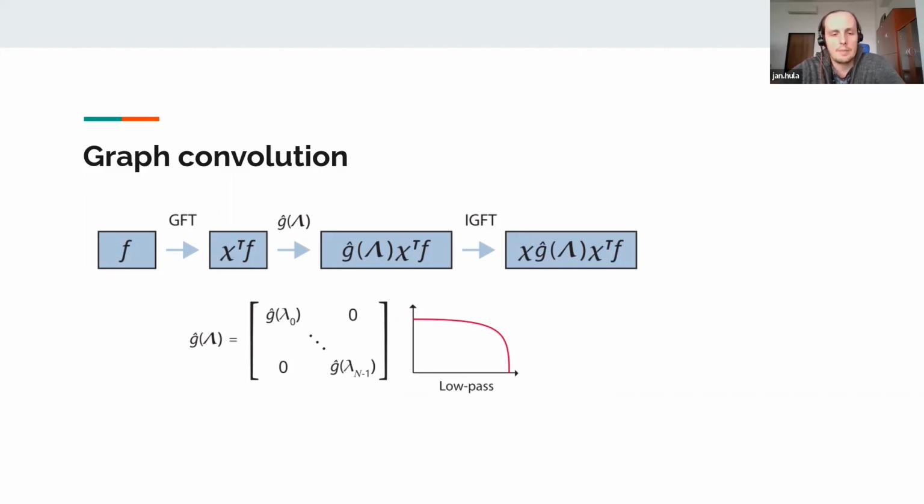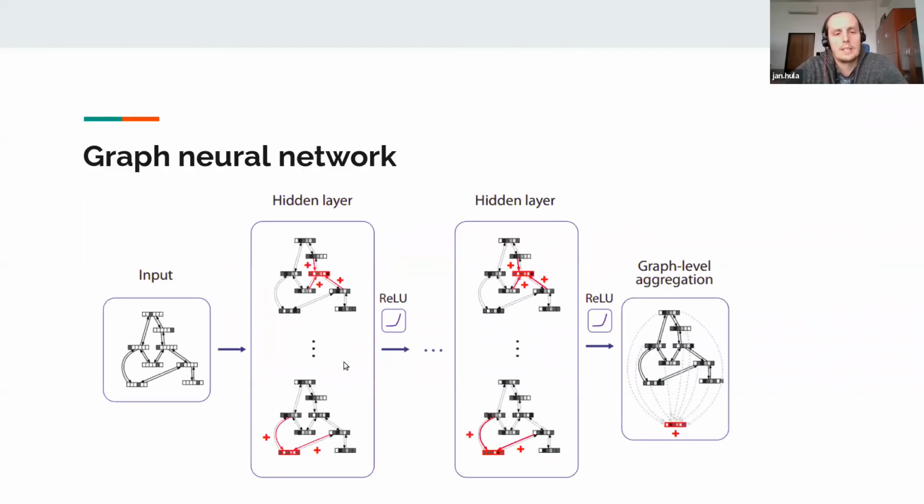So later people made some approximations in order to do all this processing in the spatial domain, the original domain of the graph, not in the spectral domain. And this is how graph neural networks work today. The idea is that you have some kind of feature vector for every vertex in the graph, and then you do message passing. And the message passing works